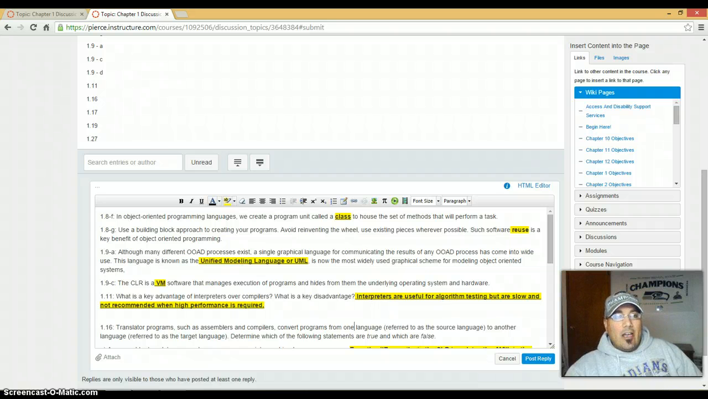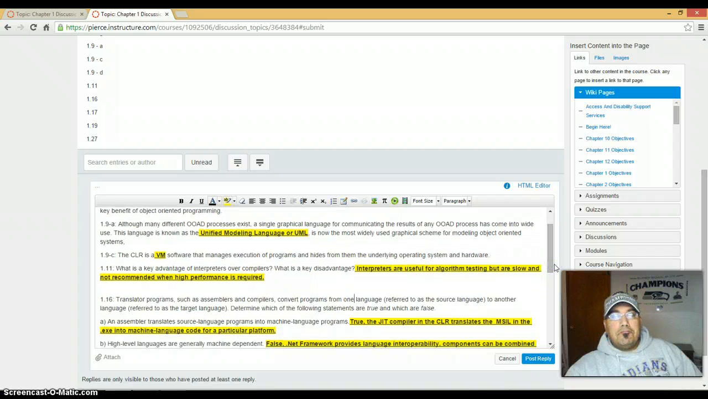Question 19A. Although many different OOAD processes exist, a single graphical language for communicating the results of any OOAD process has come into wide use. This language is known as the Unified Modeling Language, or UML, and is now the most widely used graphical scheme for modeling object-oriented systems. Best way I can explain this is